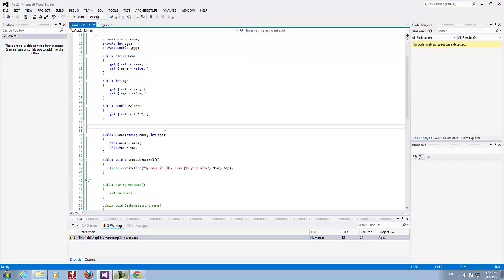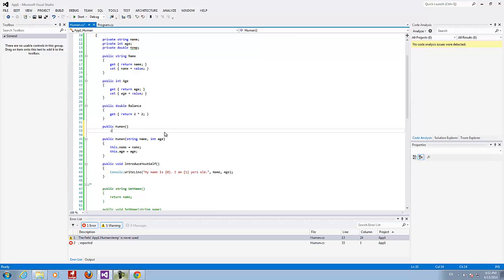So let's create a constructor without parameters. So I will say public human, and notice something right now.